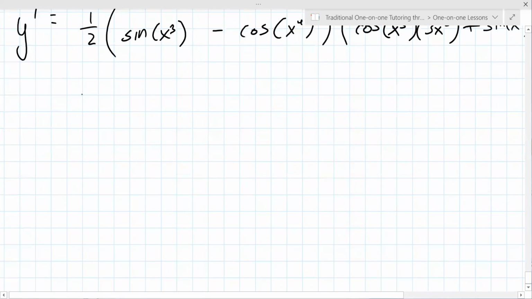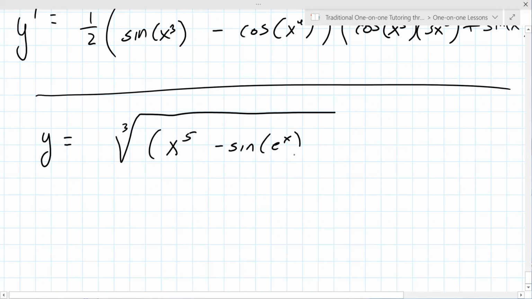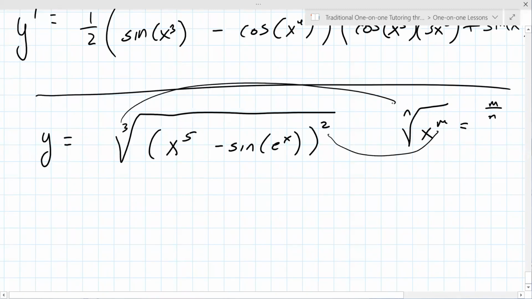All right. Okay, so let's have you try one here. y equals the cube root of x to the fifth minus sine of e to the x, all to the power of 2. So as I mentioned before, if there's an n here, 1 over n, and an m there, it goes to m over n. Like in this case, that's your m, and that's your n. But it's all just there as a distraction. Okay, so y prime